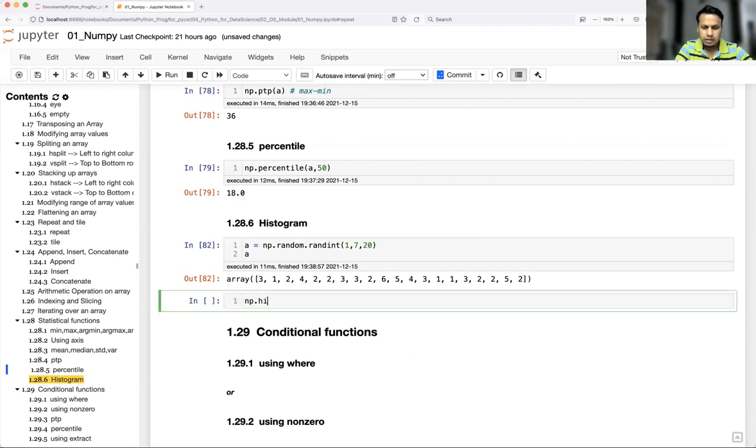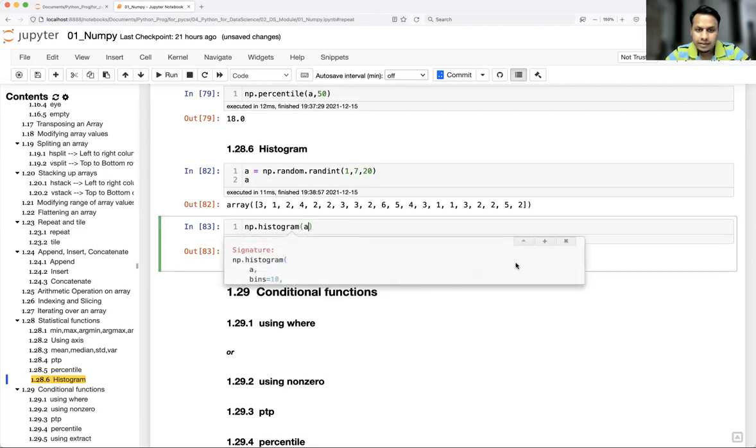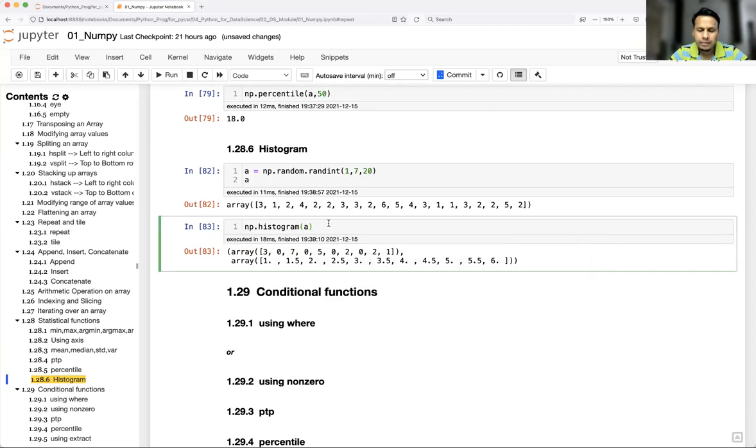np.histogram of a. See here, total values are 1, 2, 3, 4, 5, 7, and it is giving me the occurrences of those values. Correct. This is because I have given the default bin size of 10. You see here, bins are 10. What I know is that in dice, basically a total of 6 numbers are there, right?